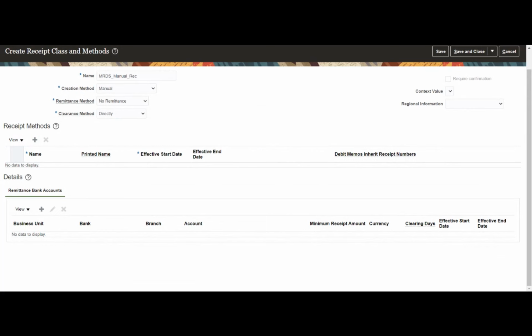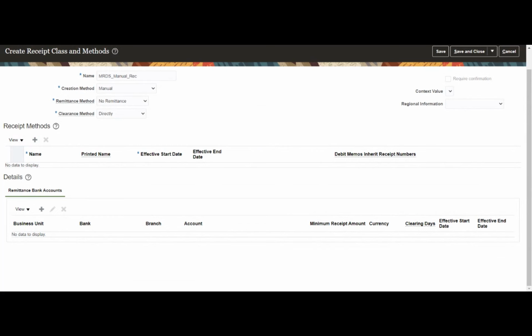Apart from that, if you see here, we have two things. One is manual, and the other one is automatic. Just as we have the option of importing the invoices, similarly we have the option of importing the receipt also. We have an option called lockbox processing. What lockbox does is that it is given by commercial banks to their customers, wherein this will be a DLT format file. We can use this file to import into our shared folder, and from there we can process it and get it into our application, that is the Fusion application.